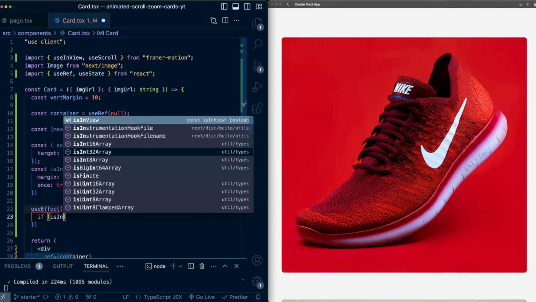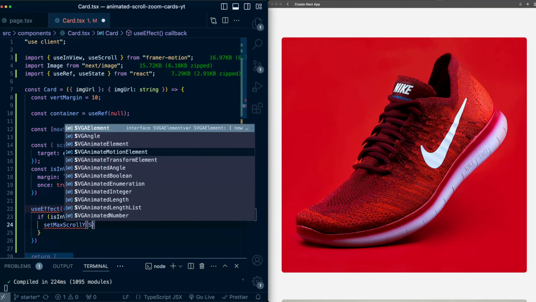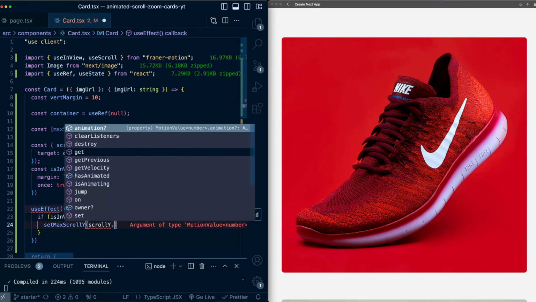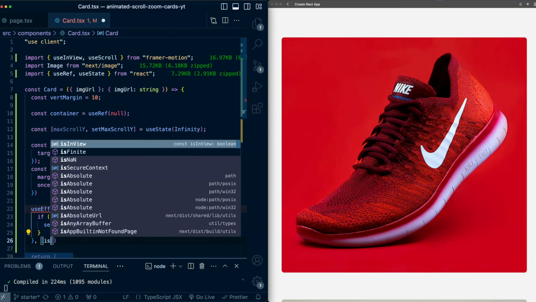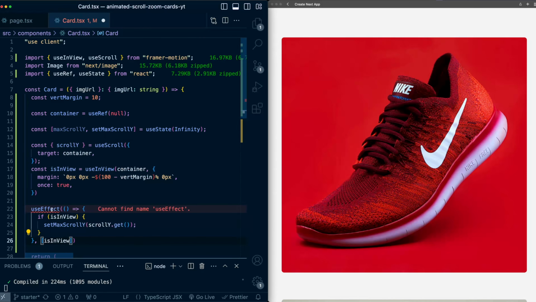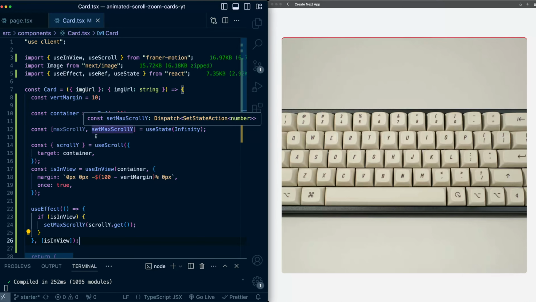If isInView, then we'll set maxScrollY to scrollY.get, so the current value of the variable. And for a dependency, we'll say this will run whenever isInView changes. And let's import useEffect as well. So now when we scroll, each card is getting its absolute scroll position stored for when it reaches the sticky